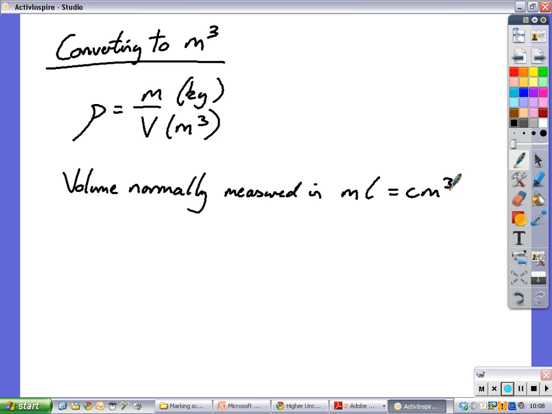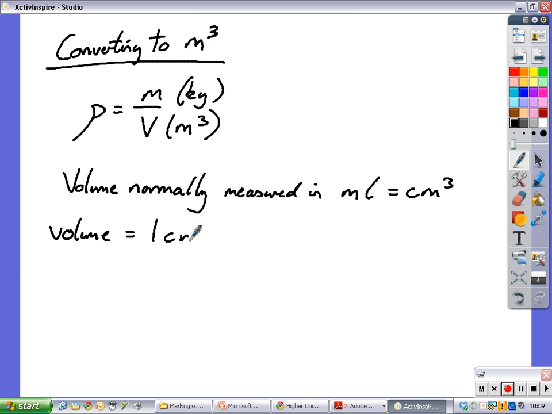Now you want to make that into metres cubed. So how are we going to get from centimetres cubed to metres cubed? This is what we want to know. To do that, we need to think what the conversion is. We must think about what space a centimetre cubed takes up. So if we think of the volume, 1 centimetre cubed,